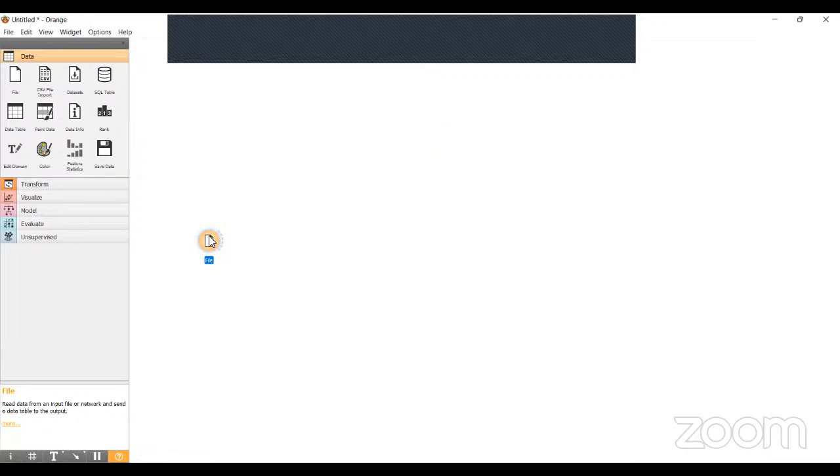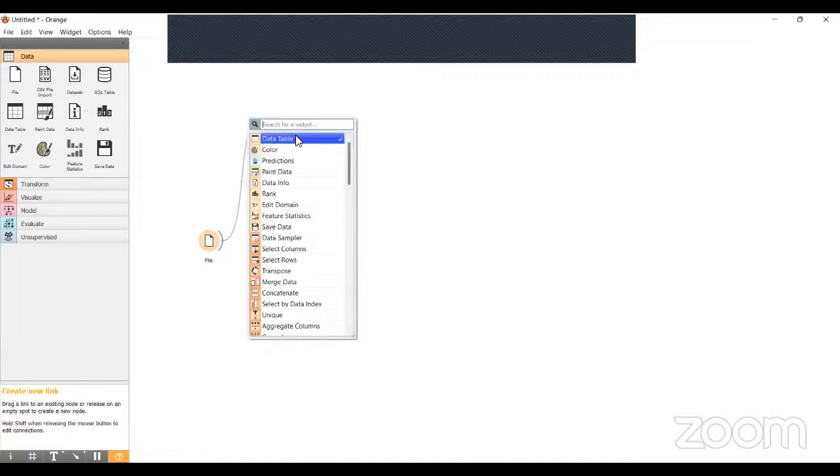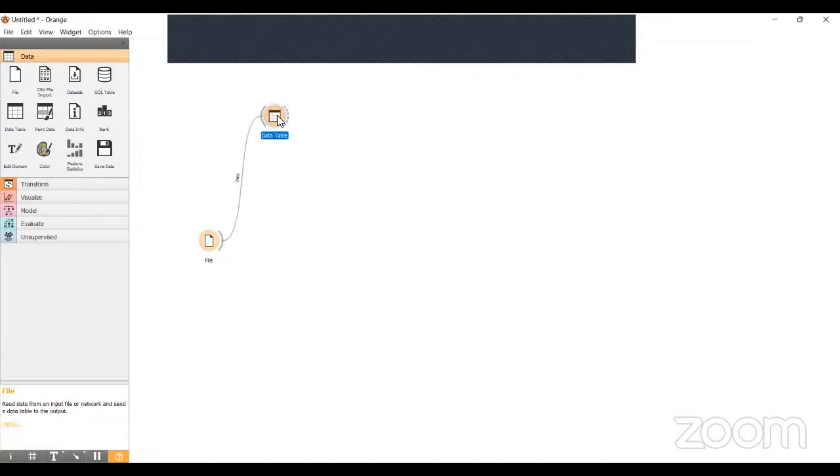So now I have imported the file. I'm just viewing the file now. After importing, I'm just viewing it. Using the data table, I'm going to view it. So the attributes which I said,